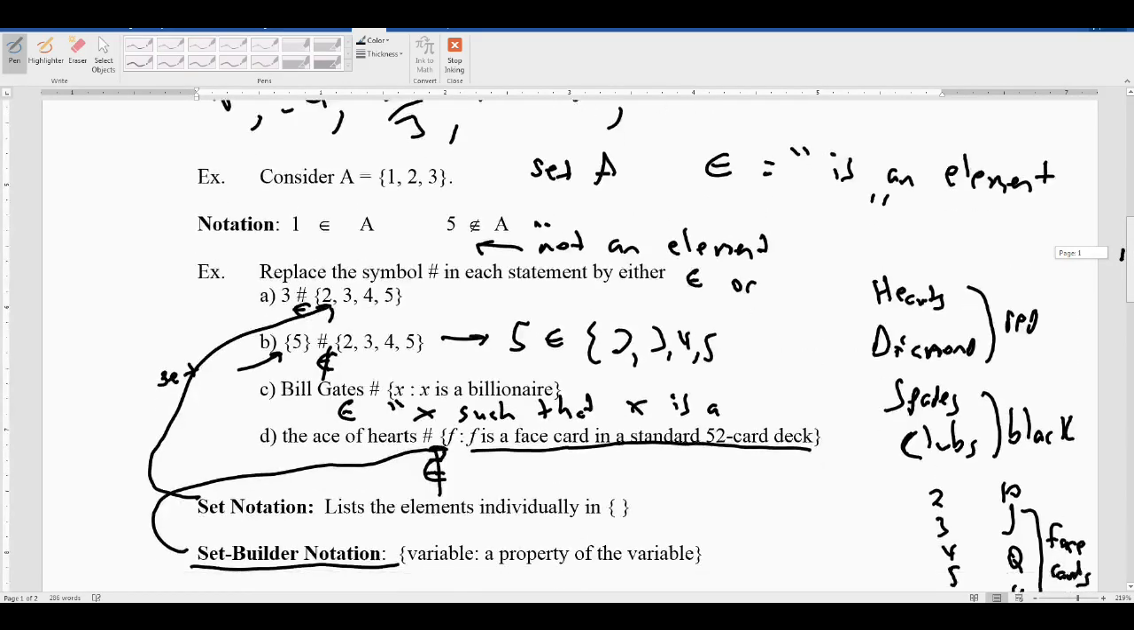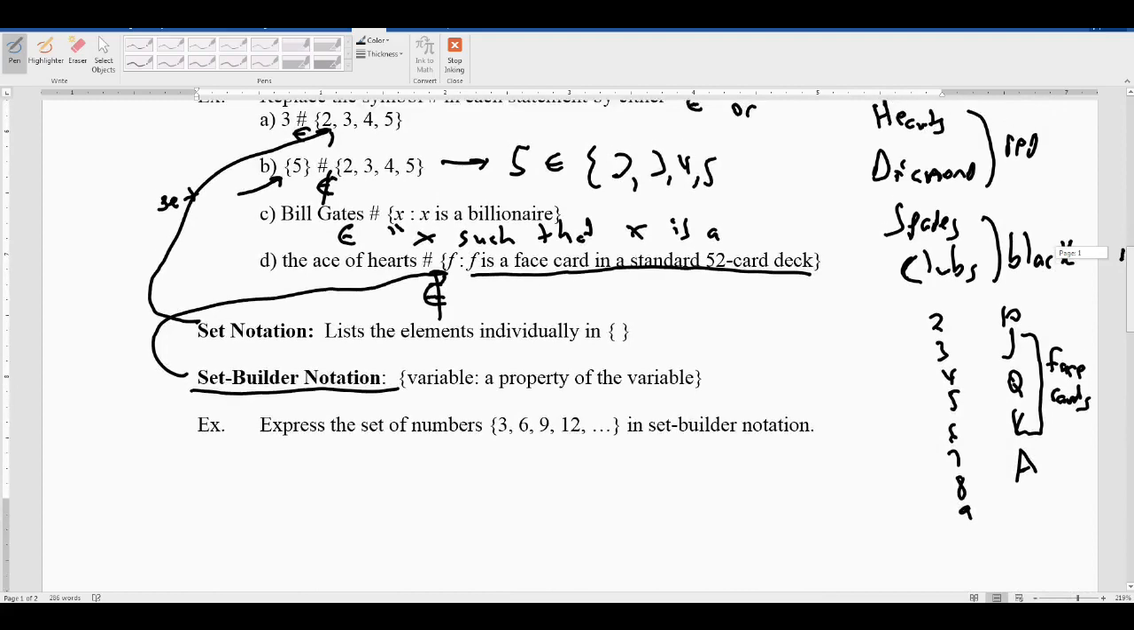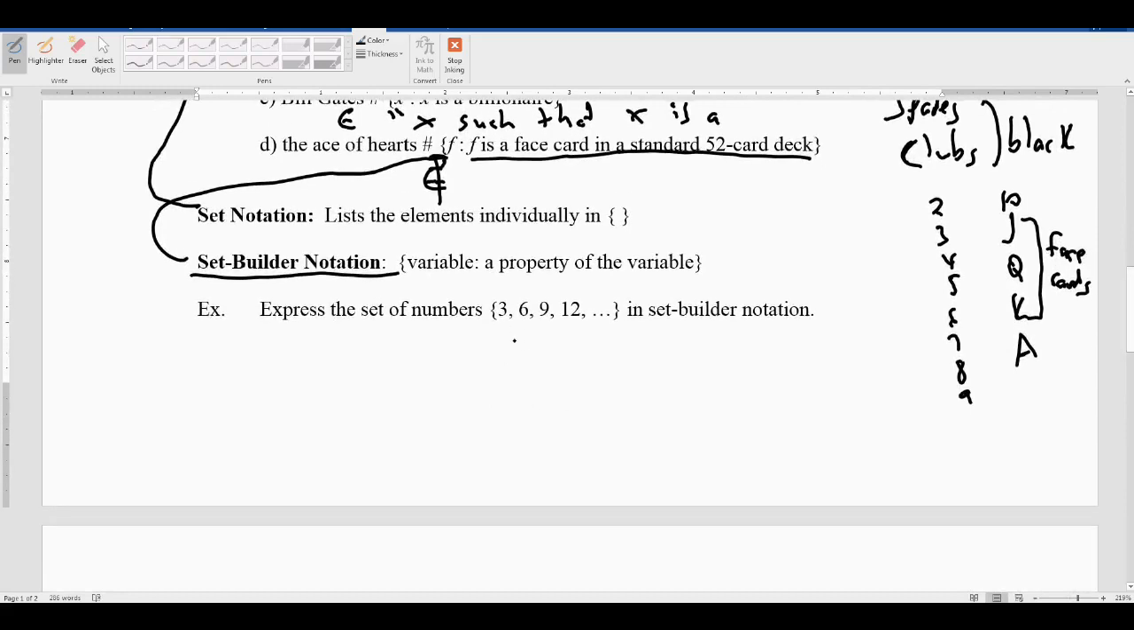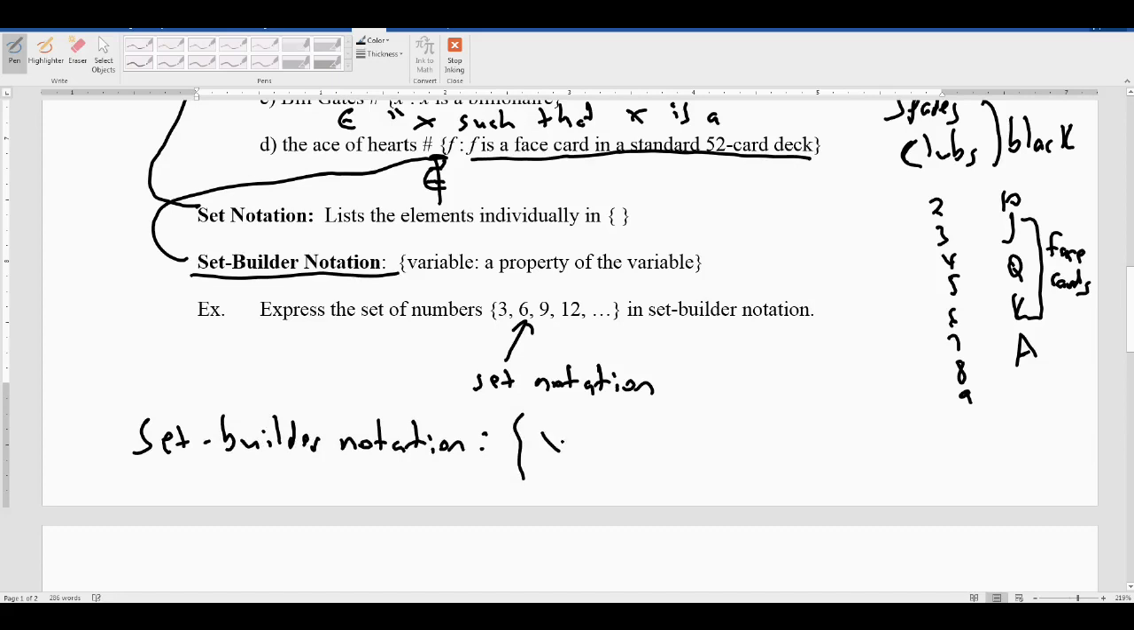A lot of this is just notation, becoming familiar with it. Sometimes it's better seeing the actual example. So let's see an example where we're given set notation and you're asked to put it in set builder notation. So in set builder notation, what we're going to do is say it's some variable, let's just call it x, such that,